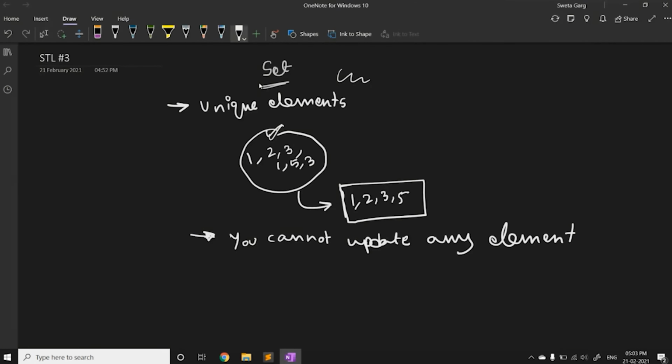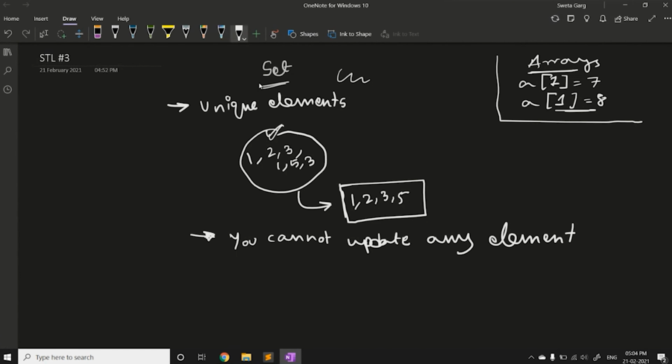For example, when you studied arrays, you must have seen that you can assign the array some values. Suppose I assign the first index to be 7, then I can change this value to some other value, suppose 8. But in a set, this is not possible.